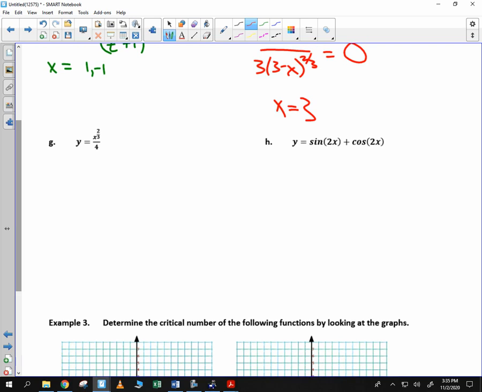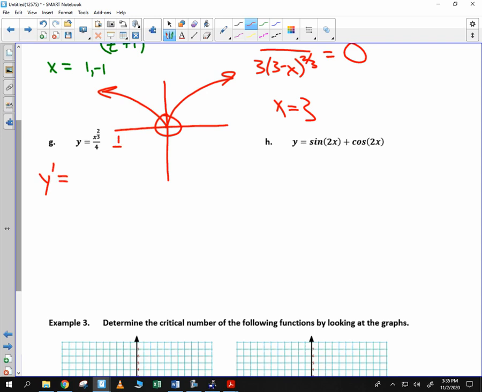Letter G, x to the 2/3 divided by 4. This is the famous bird function. Looks like that. So you can tell that you should have a critical value at just 0. Let's confirm that. y prime is equal to,